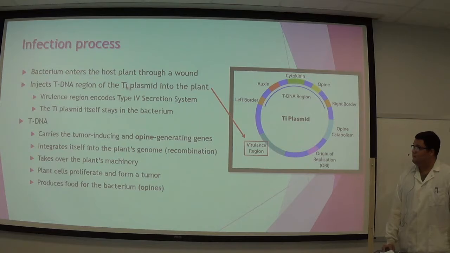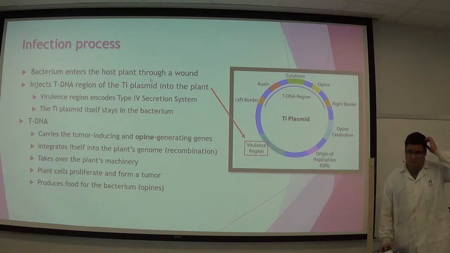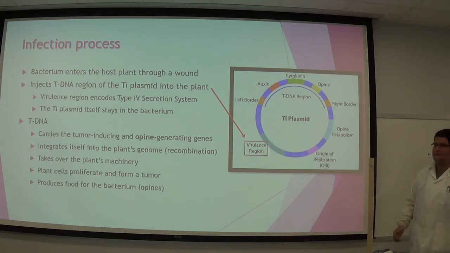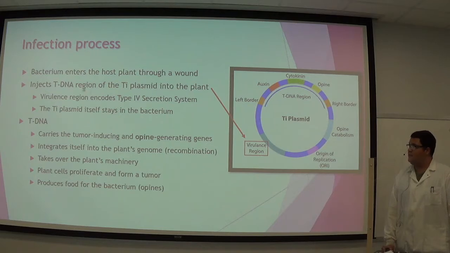So first the bacterium enters the host plant through a wound, either through a natural opening or through a wound. And this wound can be created in various different ways. You know, just gardening, maybe an animal comes and hits it, or an insect feeds on it and somehow the bacteria gets in. What the bacteria is able to do is inject the tDNA region of the Ti plasmid into